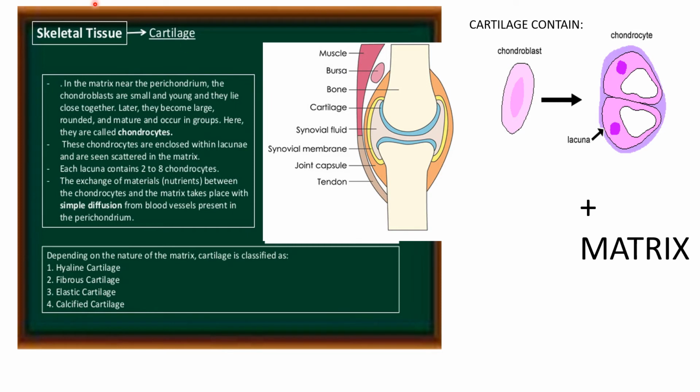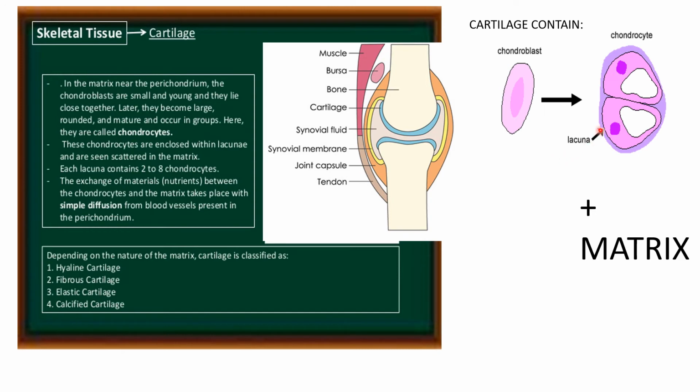Moving on to the second type of connective tissue, which is known as cartilage, also known as supporting tissue. As you can see over here, these are the two bones, and surrounding the two bones is cartilage. Cartilage contains chondroblasts, that is immature young cells, large cells, which then get converted into chondrocytes. These are the large cells known as chondrocytes, which are surrounded by a lacuna, as you can